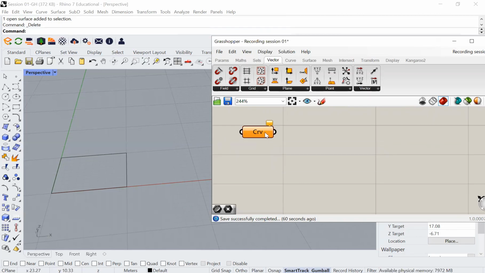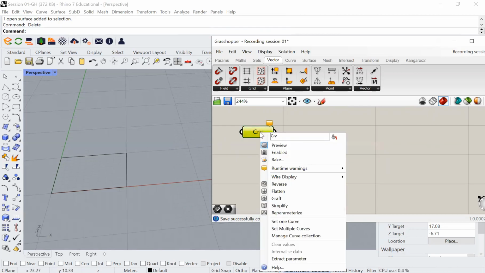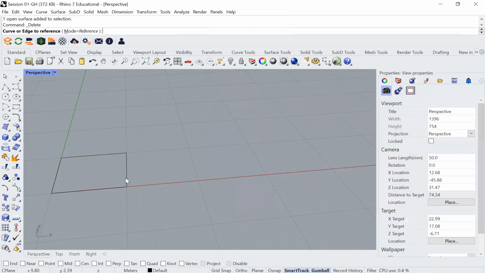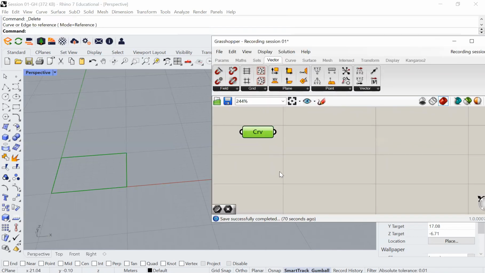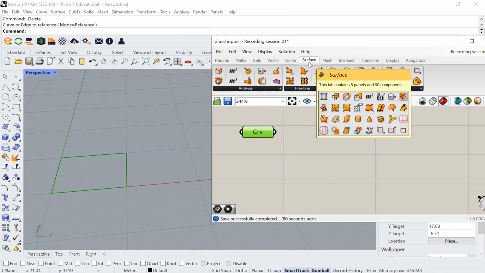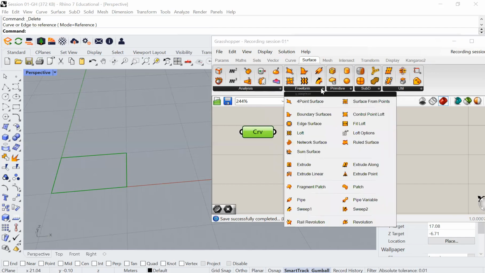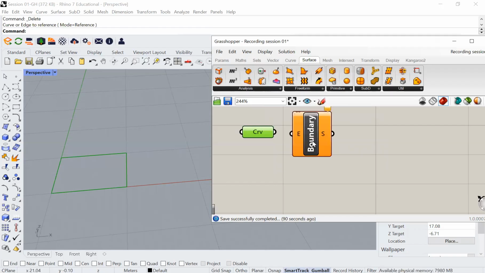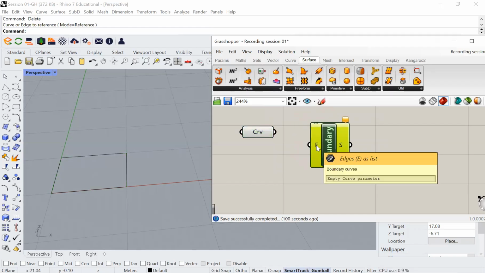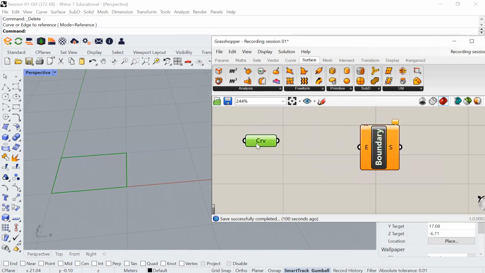Anyway, so I draw this curve. Now I want to assign this, set one curve, and then I choose this curve. Then I look in the surface menu here. I want to create a surface from this curve, something similar to planar curves. So I found something called boundary surface. I click it here. What kind of input does it need? Boundary curves, exactly what I'm looking for. So I'm going to connect,